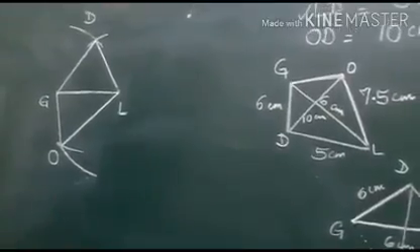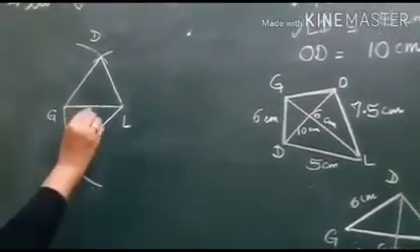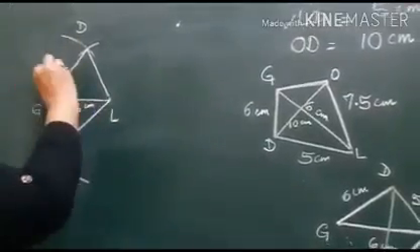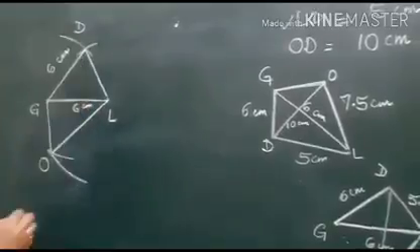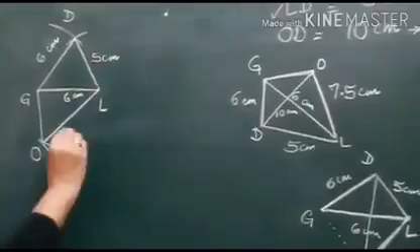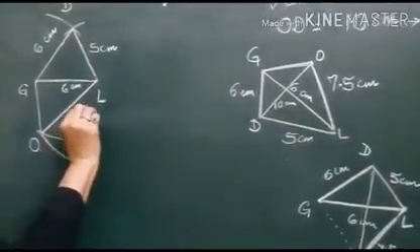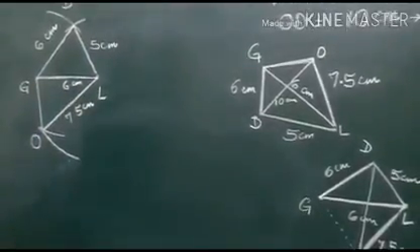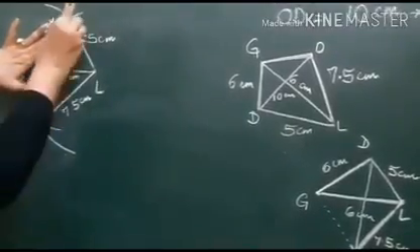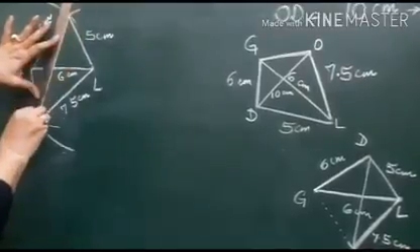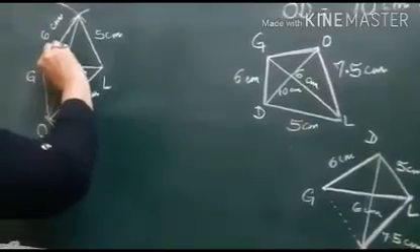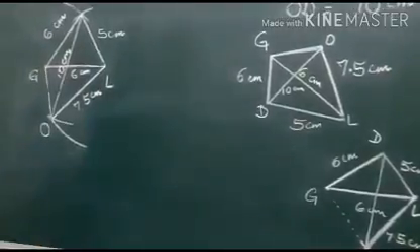Now we will draw the diagonals and write the measure of each side. Don't forget, that is important. So this is 6 centimeters. GD was also 6 centimeters. You can always refer to your rough figure, that will help you a lot, but draw the rough figure correctly. This was 7.5 centimeters. This side is not given, so we will not write it, but you can measure and write if you want to. This is the second diagonal which was given to you, and this diagonal is 10 centimeters. So write that as well. This is the required quadrilateral.